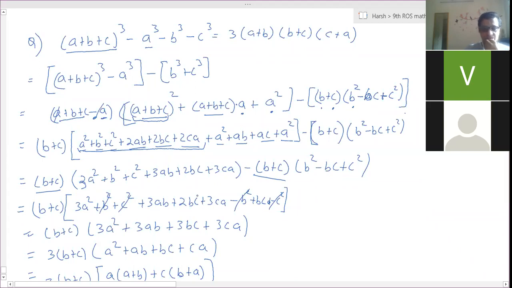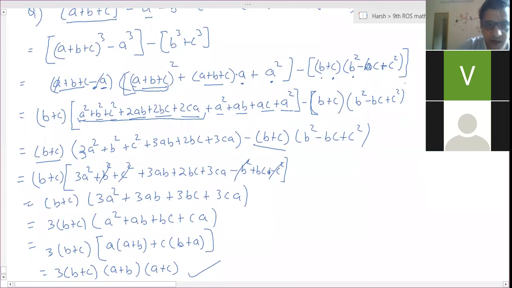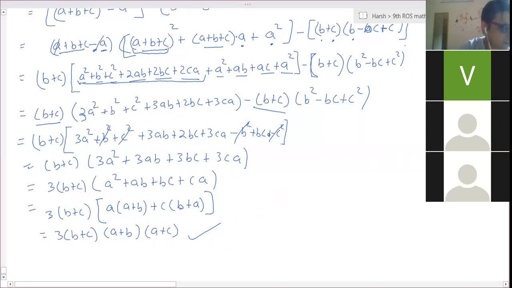Sir, I have a different solution for this. Okay, I'll get back to you on this. Deepika and Mohit have given some different solutions. I would like to see. Everyone has written this. Understood?